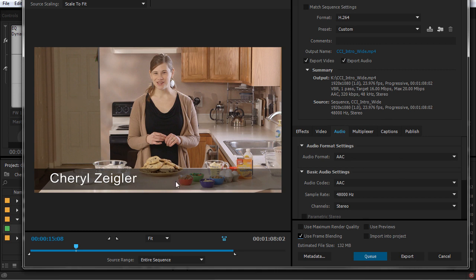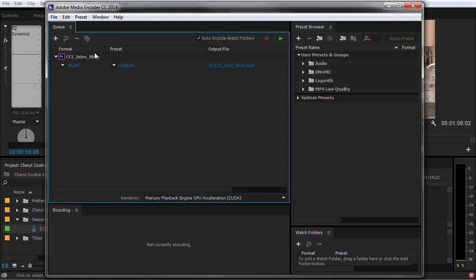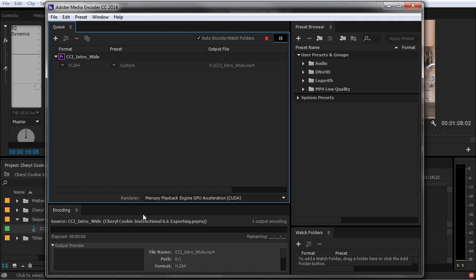So usually the best option is to hit Q, and this will send it over to Adobe Media Encoder. When I hit Q, it's going to export the project, and then it's going to launch Adobe Media Encoder, and then it gets added right here. Before it starts encoding, you have the option to go back in and change any of those settings that we just went over. If it's good to go, you can just select Start Queue right here, and it'll start encoding